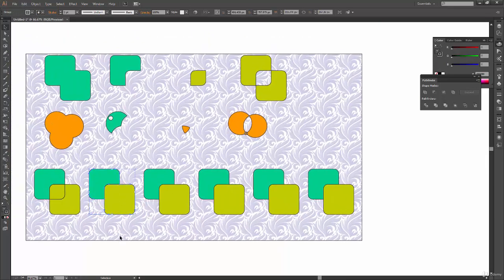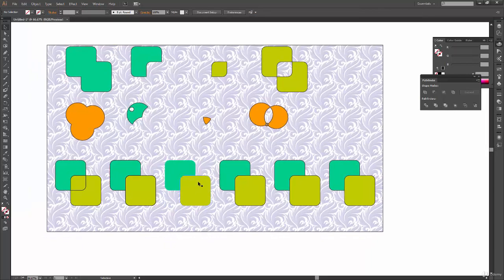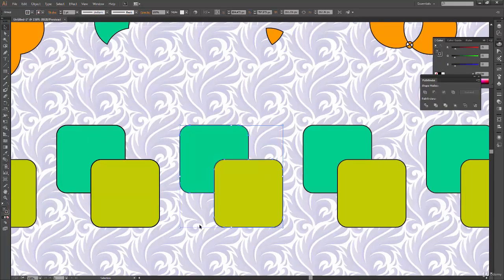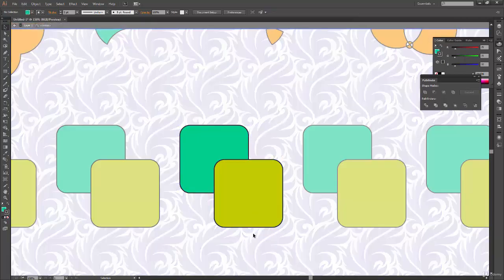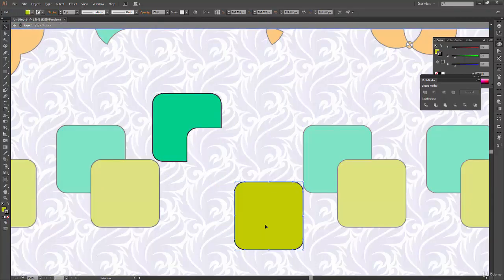Now, after learning the trim option, we can go ahead and learn the next operation, which is merge. So again, I have selected these two shapes over here and I will use this merge operation. Again, it has removed the outlines. So let's have our outline back over here, let's say a 2 points outline, and now if I double click on this and try to move this shape, it is exactly the same thing that trim has done. I mean, there's no difference at all.